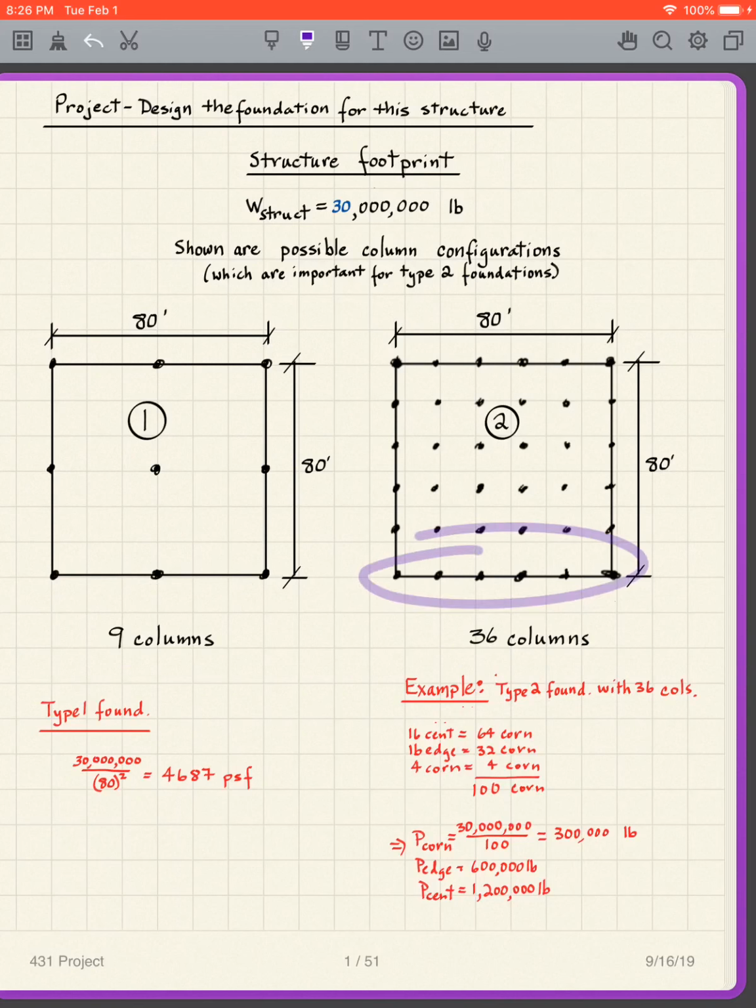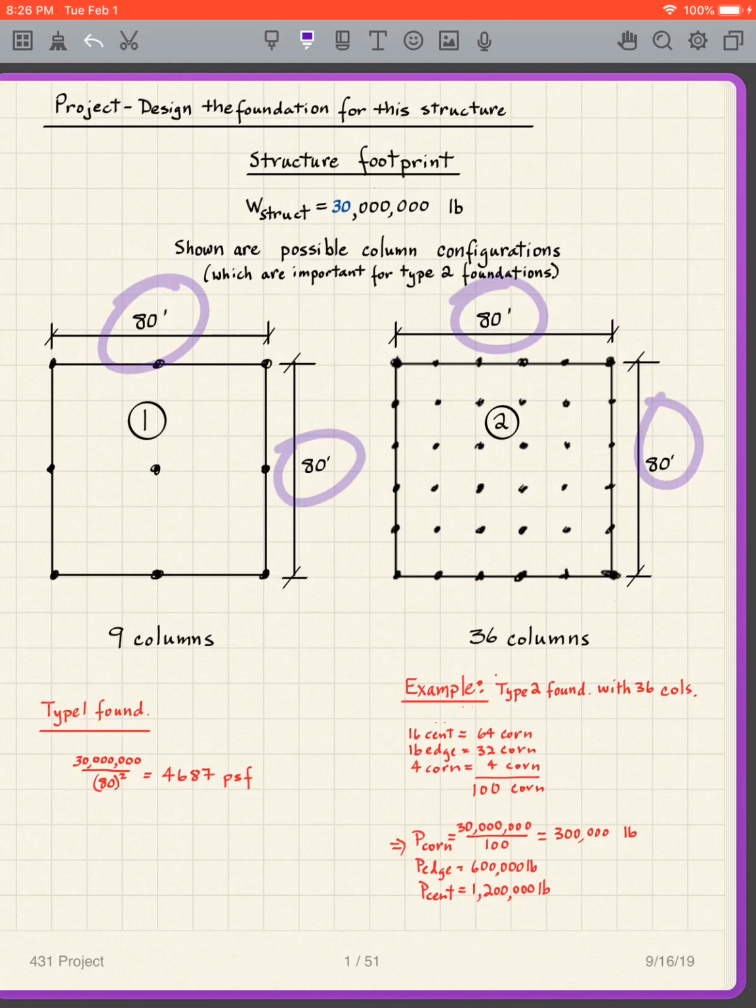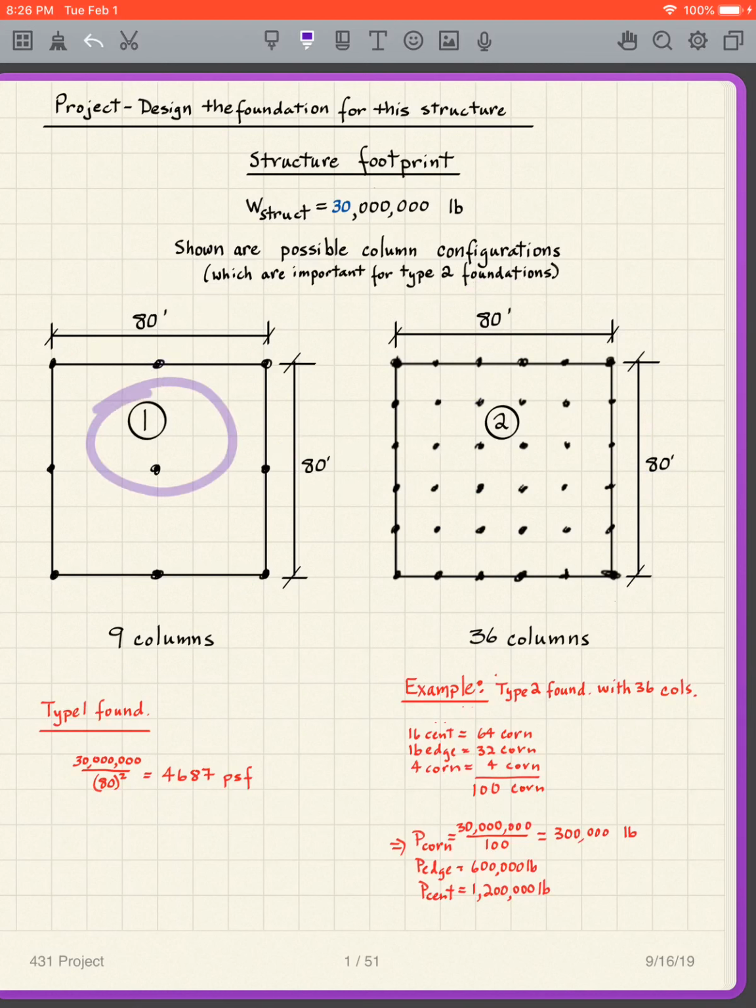But you can see that there are, I'm not going to go through all of them, but you can see that there are 36 columns there. So it's 80 by 80, 80 by 80. So we can have this situation or this situation. So either the 9 columns in our structure or 36 columns in our structure. The weight of the structure is 30 million pounds, and